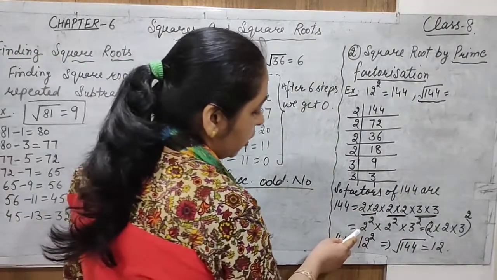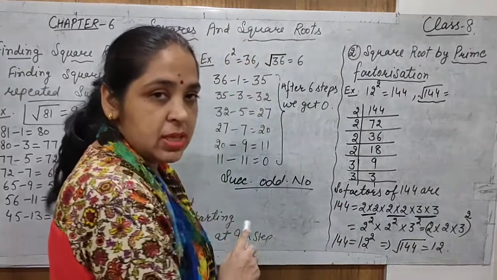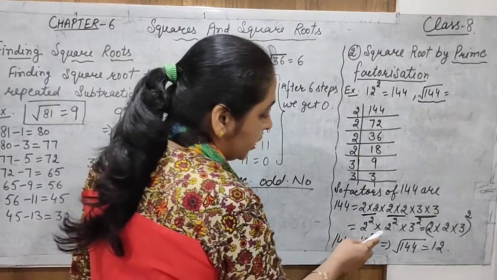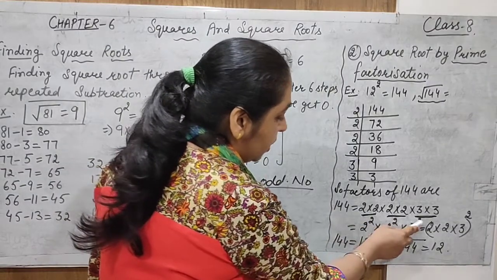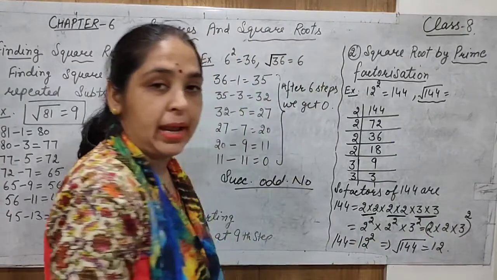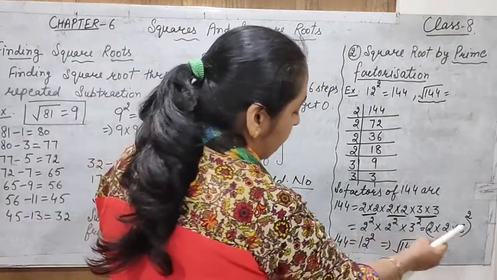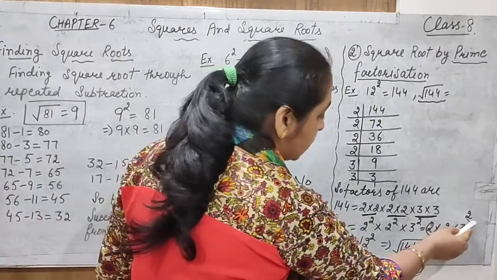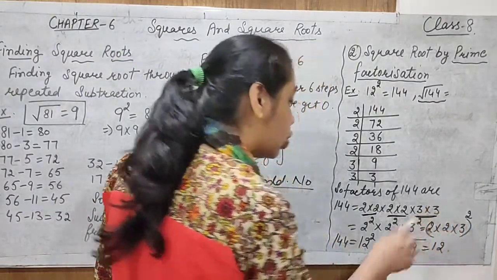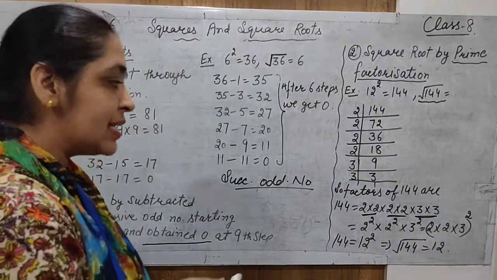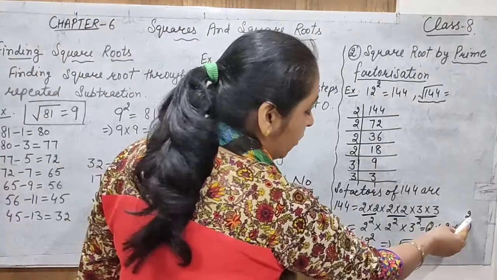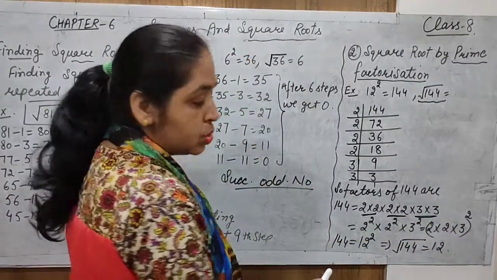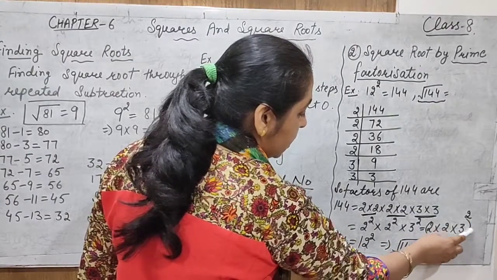Now, numbers with the same powers can be compiled. Compiled means 2 multiply 2 multiply 3, with the power written outside the bracket. Numbers are multiplied, the power is not added. Compiled means we multiply them all together and write the total power 2 outside, and that is also a method. The power is on the 2, on the 3, on the 2, on each of these numbers.